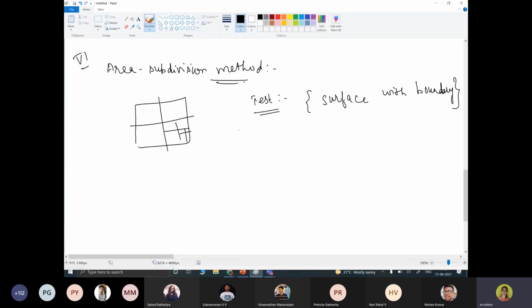So there are 4 possible relationships that a surface can have with respect to this specified boundary area. Those relationships are, this is not the test.